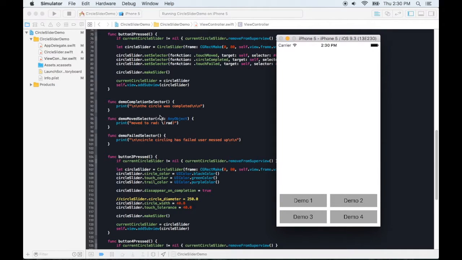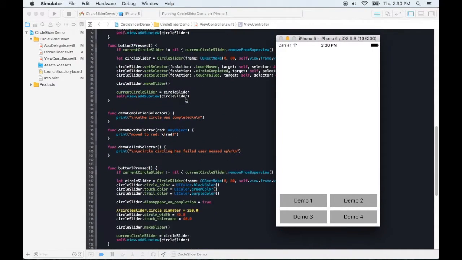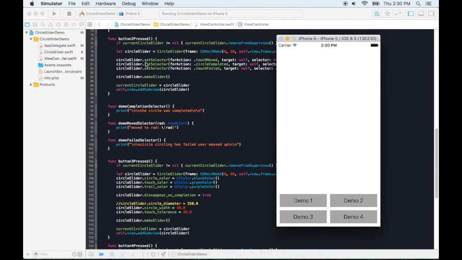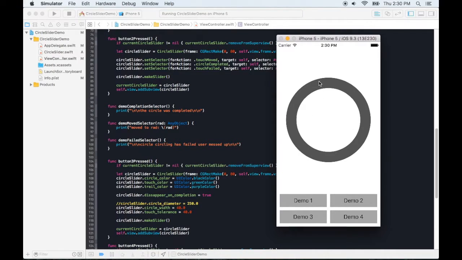I made a view controller that just demonstrates a couple of the things the class can do, and then maybe after I'll go into the class and brush over it. It's just a couple hundred lines. It's nothing much. So in the first demo, I think it's just a basic